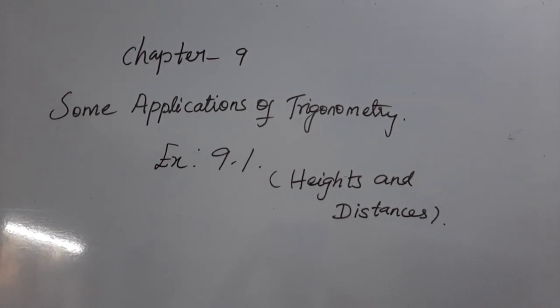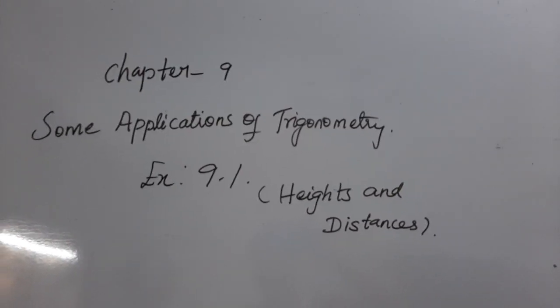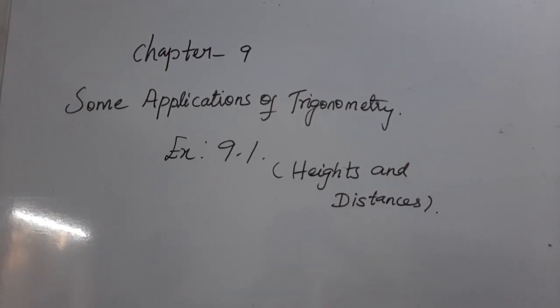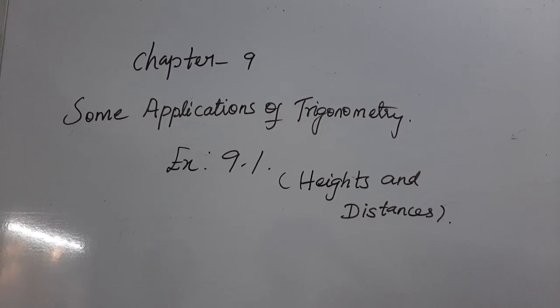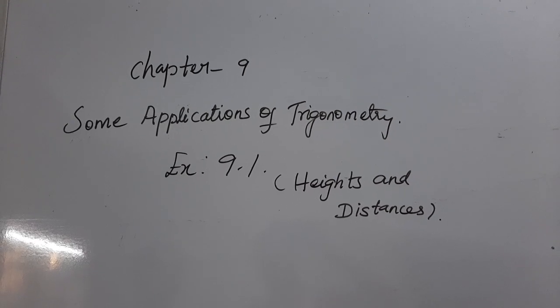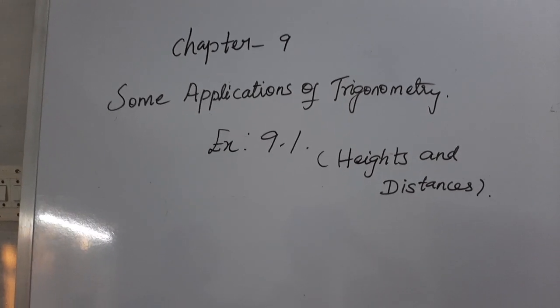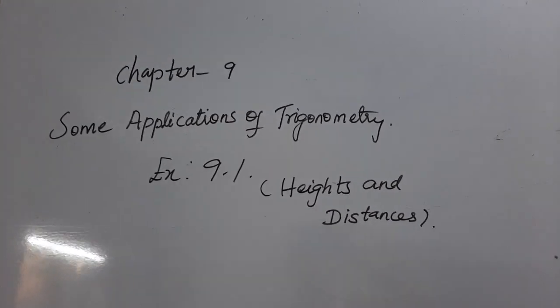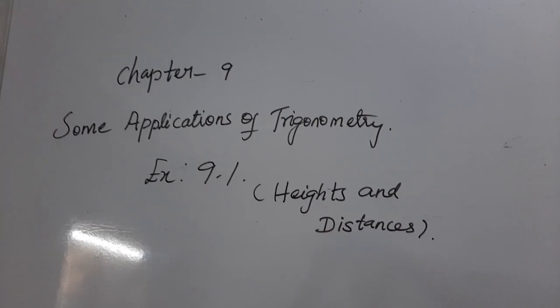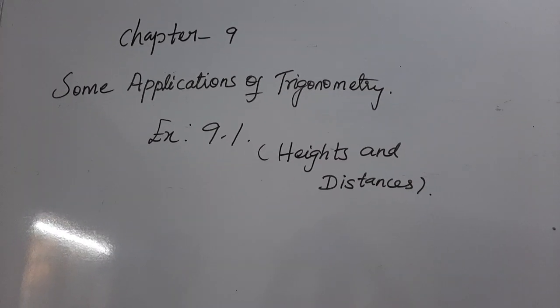In the last video we have seen the introduction of trigonometry, and for about 11 to 12 sessions we learned the entire chapter 8. In that chapter we learned about 6 trigonometric ratios, the quotient ratios, the reciprocal trigonometric ratios, the table and identities, and complementary angles.